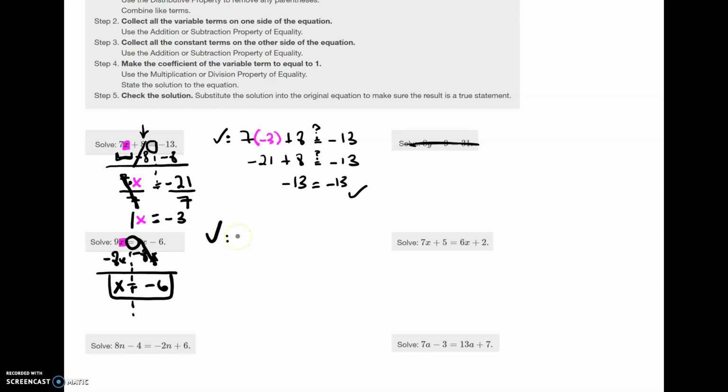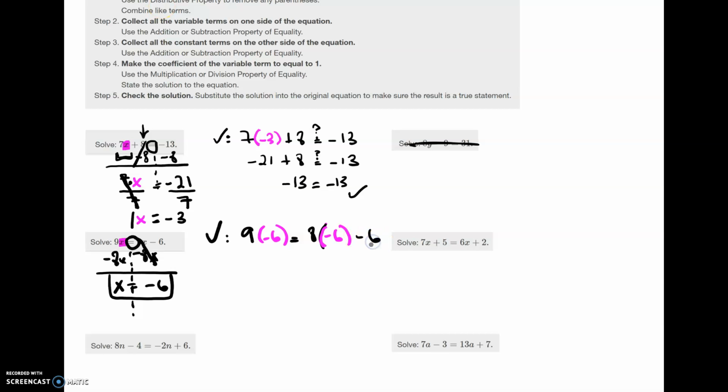Let's check our answer. Let's plug negative 6 back into the original. So I have 9 times negative 6, and that's going to be equal to 8 times negative 6, and then we are going to